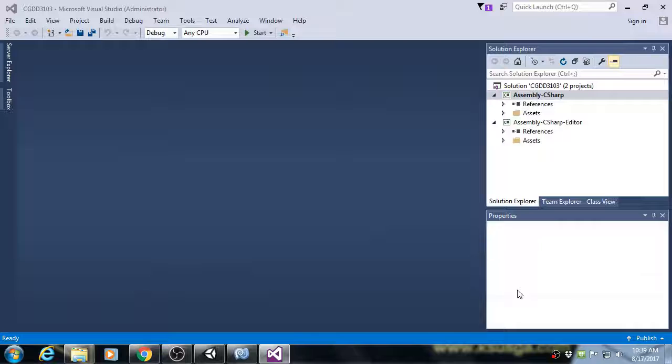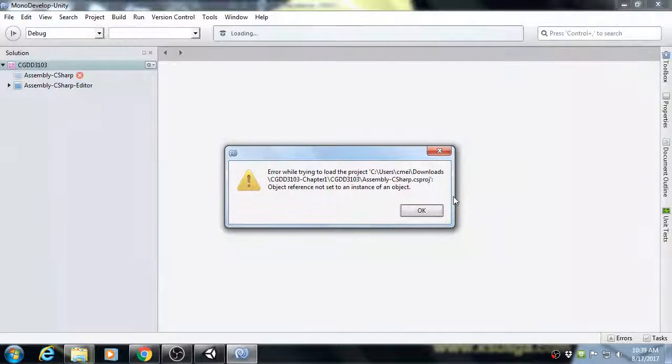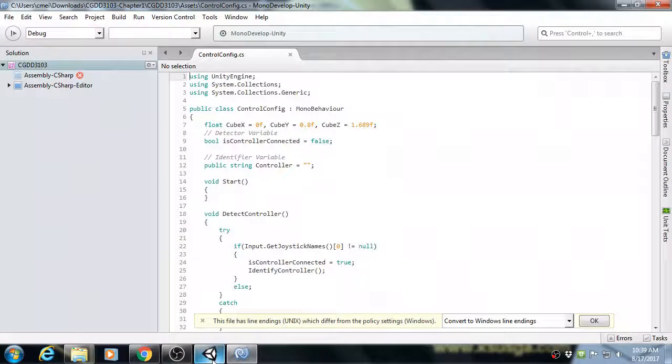Forgot to freeze the access. You need to place a constraint. It's okay. Monodev is